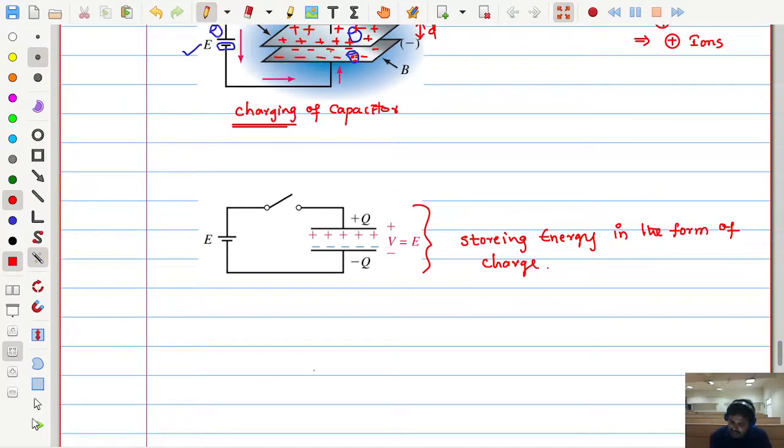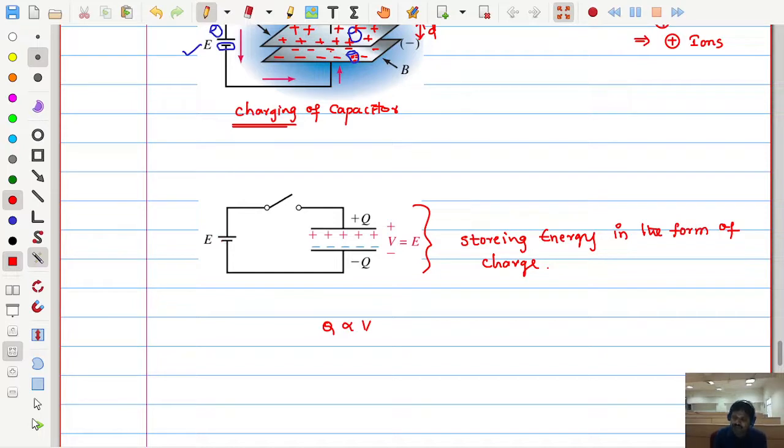Now how much is that charge? It is always proportional to the voltage built across these two plates. We said that voltage is simply charge separation. When charge separation is there, definitely voltage is there. If more charge separation is there, more voltage can be built. So the charge is proportional to the applied voltage across these two terminals, which is usually equal to the battery voltage we connected previously. So the capacitor has charged to a voltage V, equal to the battery voltage.